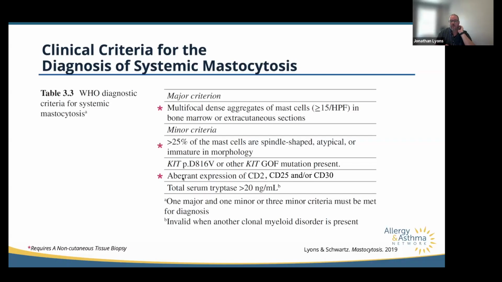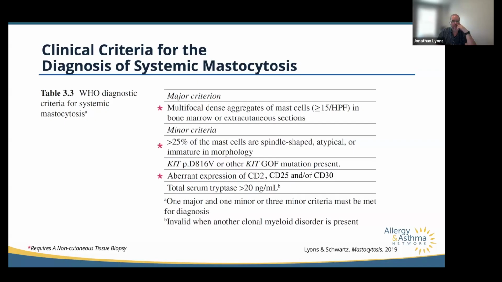So if you don't get a bone marrow biopsy, I should mention, this has to be a biopsy that's not just isolated to skin, because this cutaneous form of mastocytosis also exists. Then you can't get the diagnosis. Importantly, there are two other minor criteria for diagnosis. I mentioned the gain of function mutations in KIT, but also having a tryptase above 20, and we'll kind of